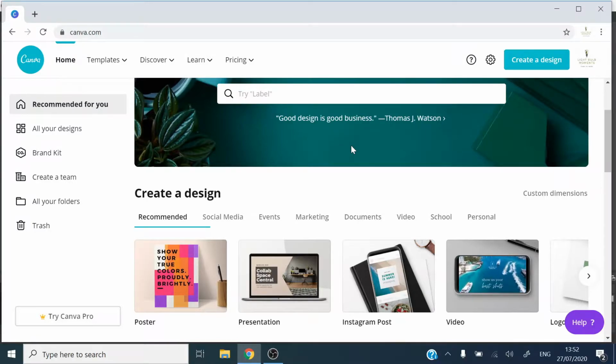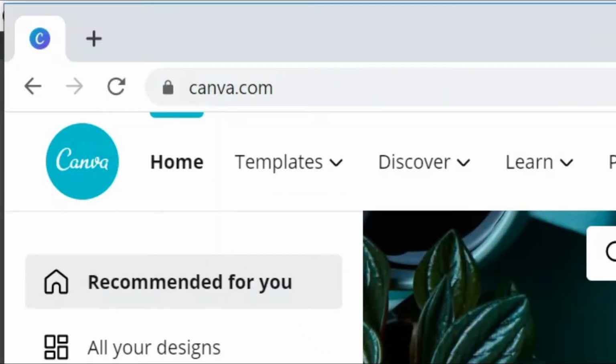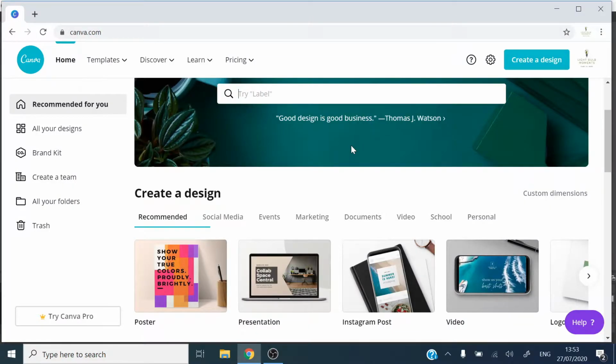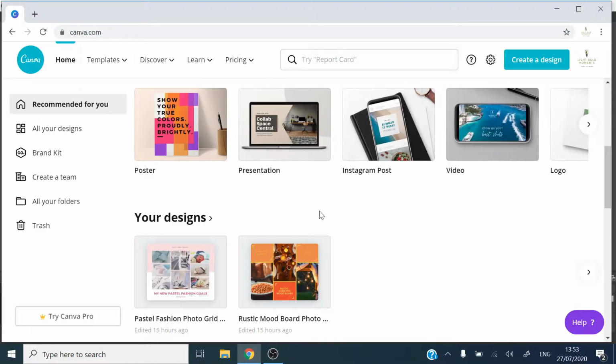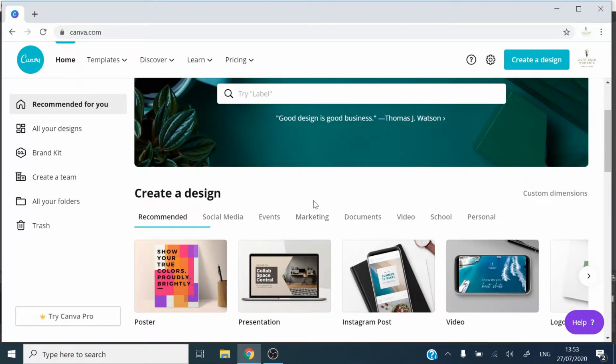So in today's video, I'm going to show you how to use Canva, which is a graphic design tool that is free. You can create an account with them and enjoy your graphic design. You can design your social media posts, posters, presentations, and your logos using this tool. And of course, if you want more advanced features, you would have to pay for the pro version of this particular tool. So today I'm going to show you how to